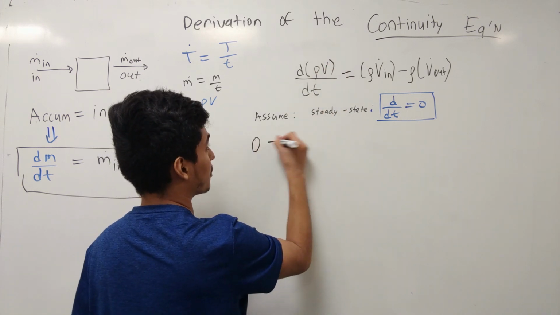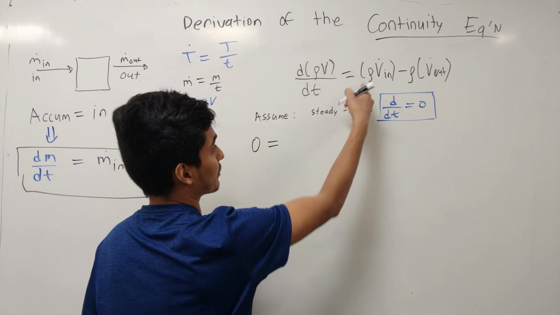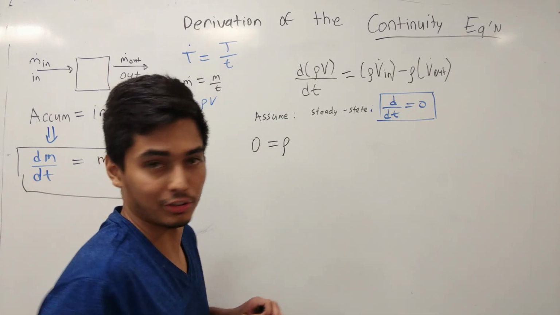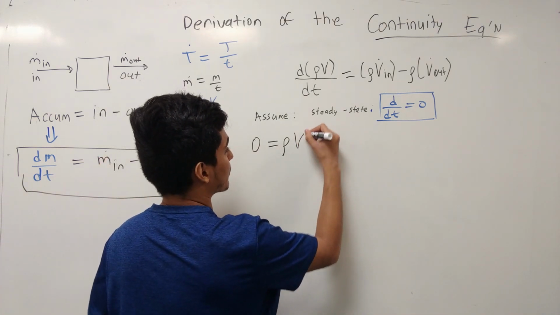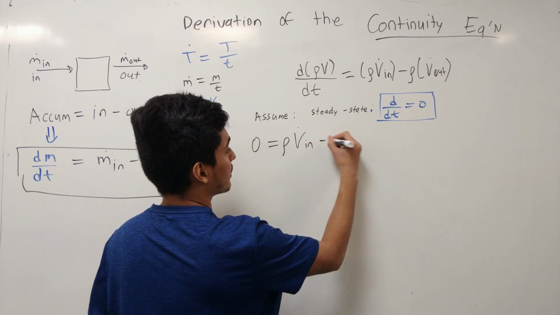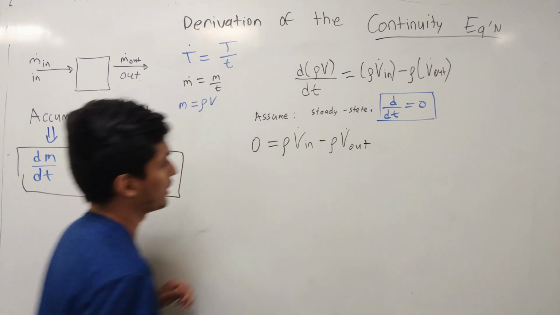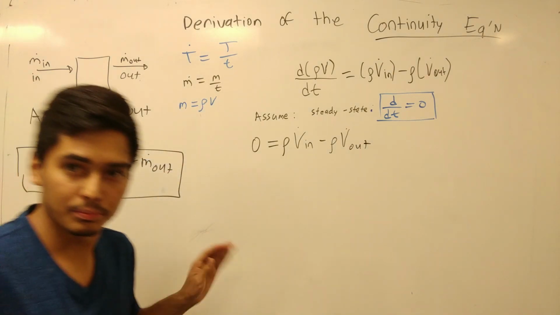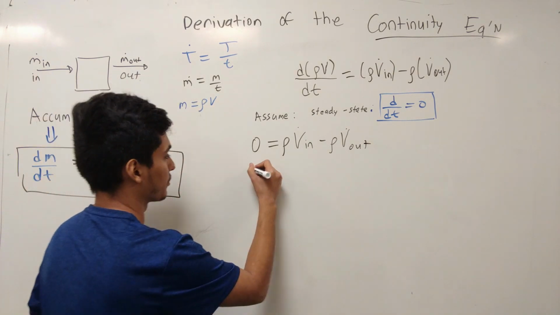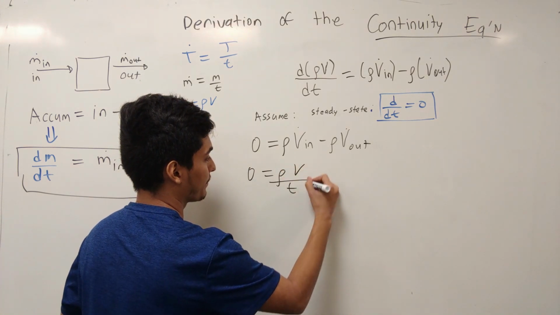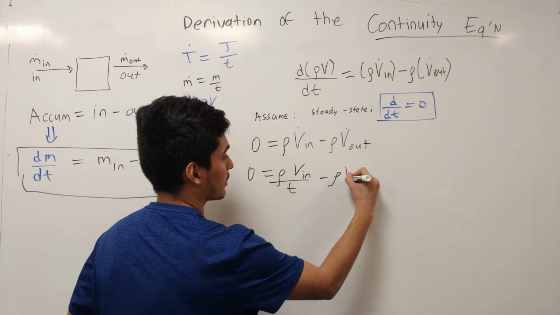So we're going to say that zero is equal to, well, now we can factor out that rho. Well, let's leave it in for now, because check this out. And there's going to be v dot in minus rho v dot out. All right. What else do you know about v dot? Well, just for the sake of writing it, I can say that v dot is going to be v per time coming in minus v per